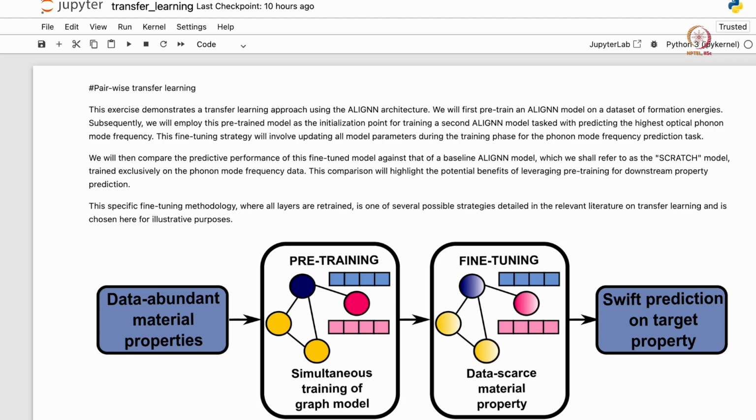Now the problem with GNN is that if you have a small data set, GNN actually overfits pretty fast, okay, and for an overfitted model, the problem is the model will be unable to generalize over new data points which was out of its training distribution.